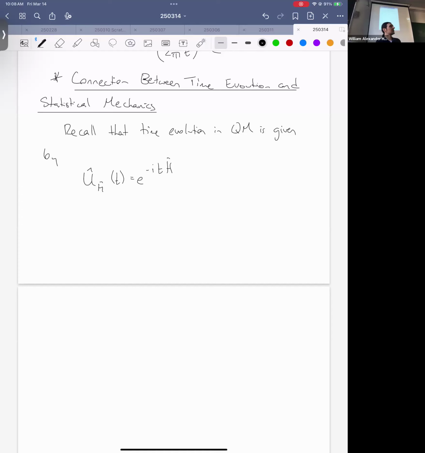All right. Taking H t independent and t0 equals 0 for simplicity. Suppose